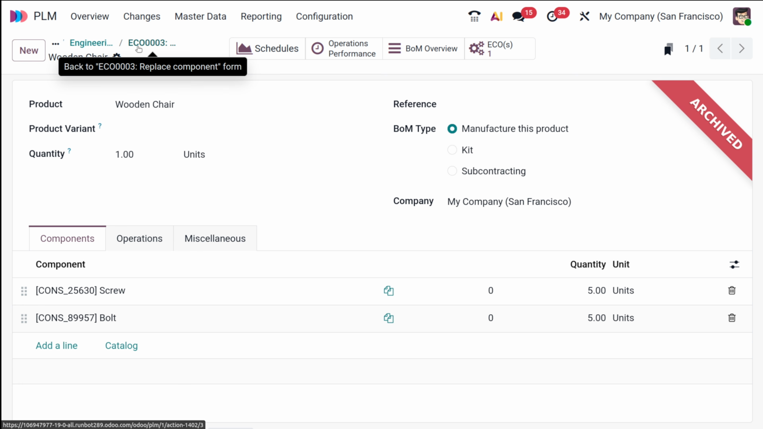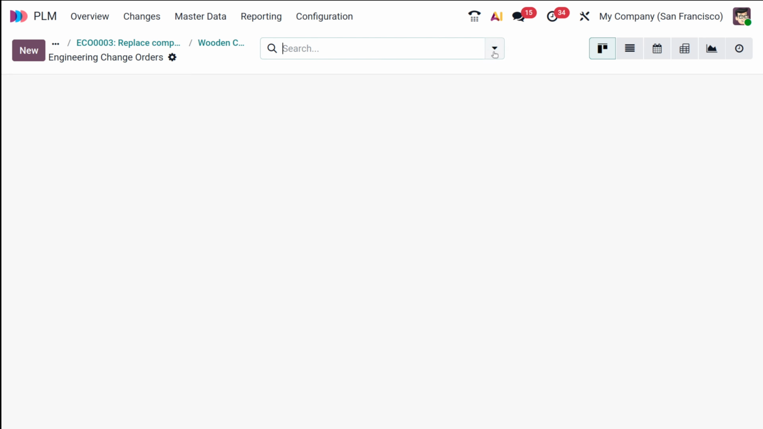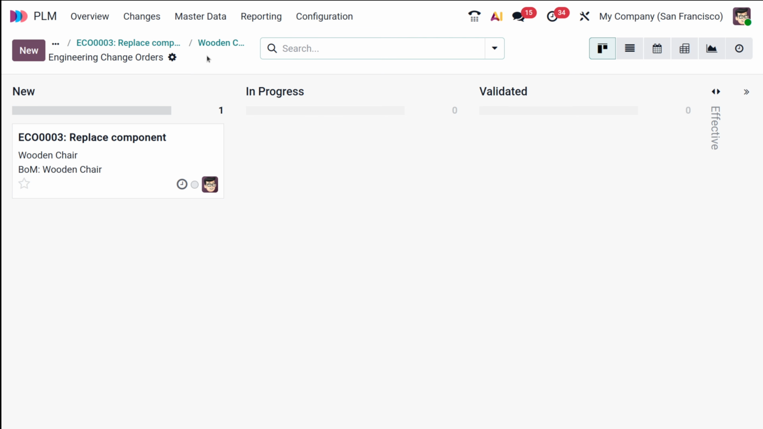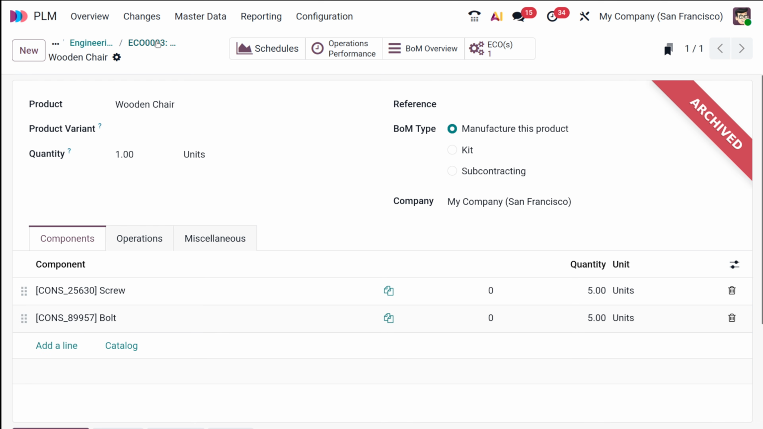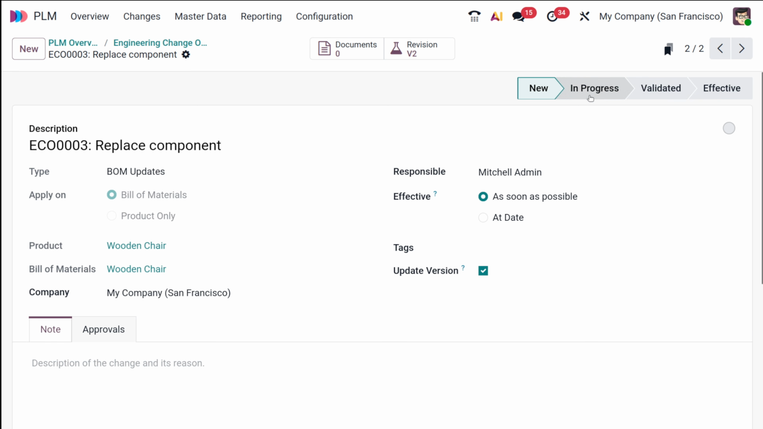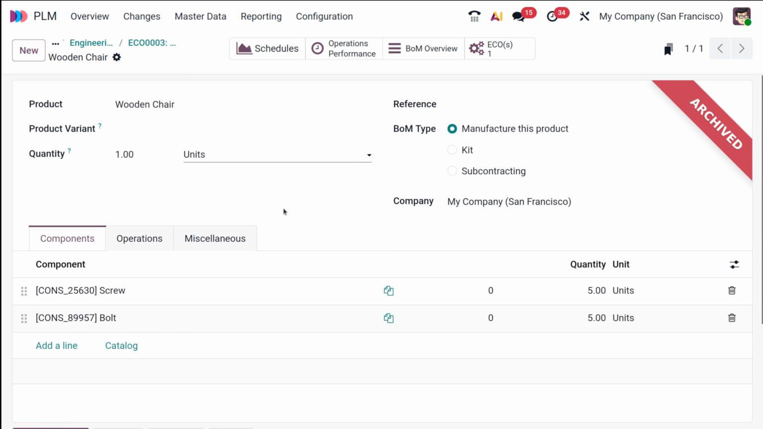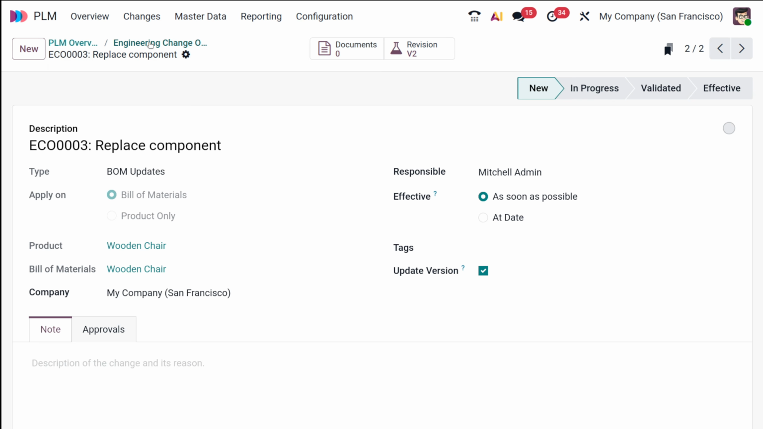Okay. So let's go back, and in the BOM, you can see the ECO that you have created for the product, which is wooden chair. Now I'm changing it to in progress, and in the revision, you can actually add the product over here. I mean, you can change the component. So inside the ECO, you can actually modify the bill of material. Okay, simply edit the BOM, and